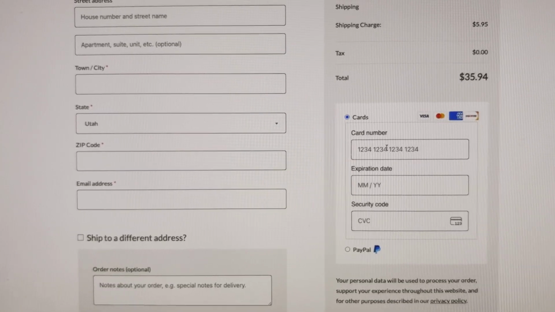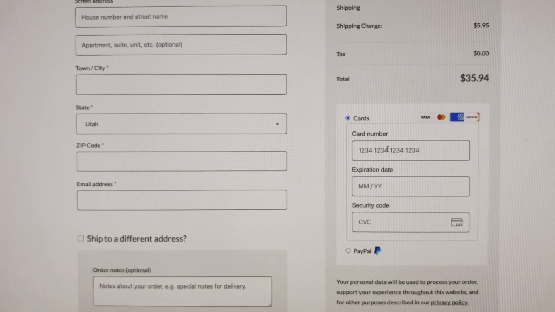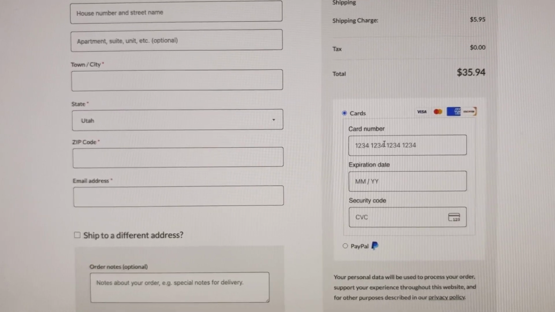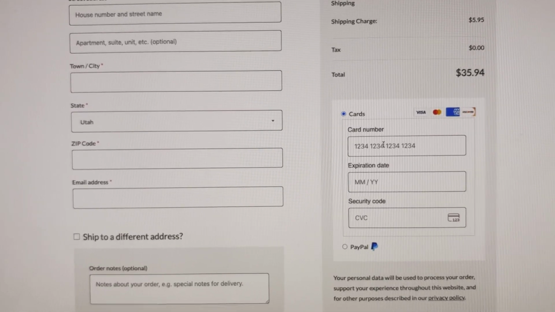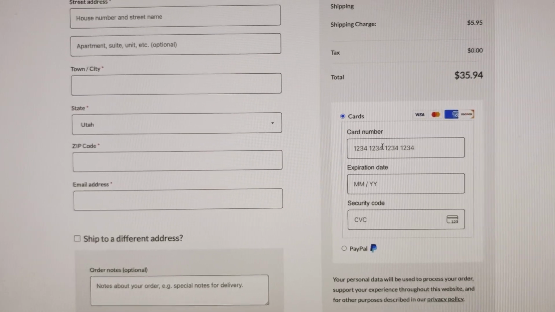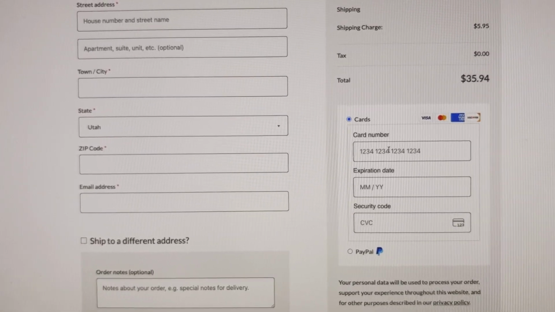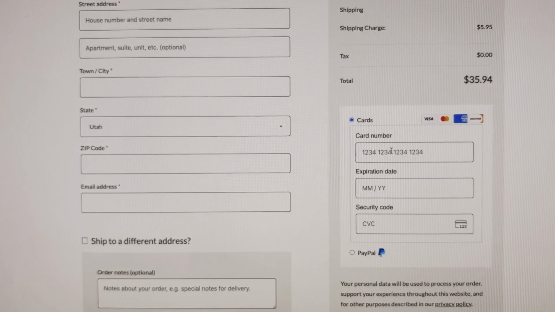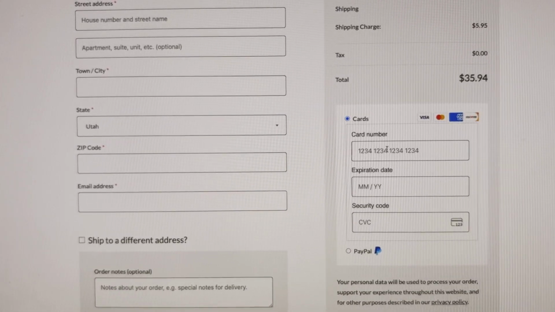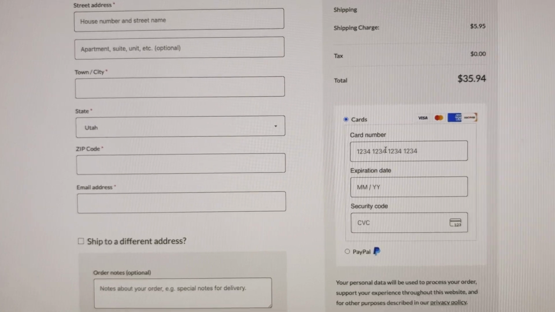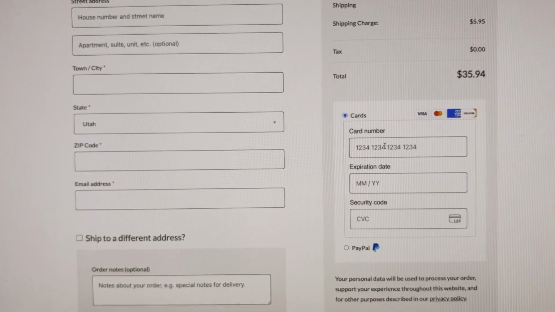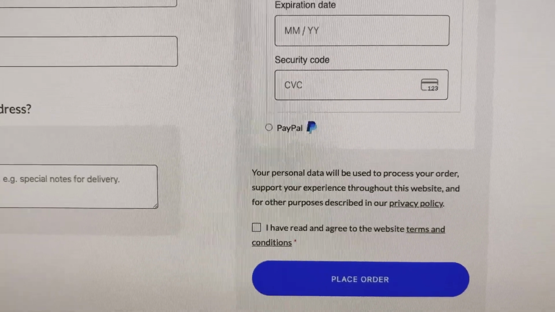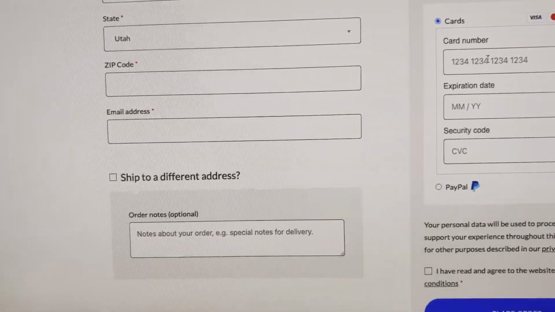Now there's a fee to do that, right? You get charged any time someone uses their credit card, but it's pretty standard, like any major e-commerce store doing this. It allows you to integrate securely, speeds up your process, and you are more secure. So you see there's options for PayPal too, a little agreement that you agree to terms, any other notes,